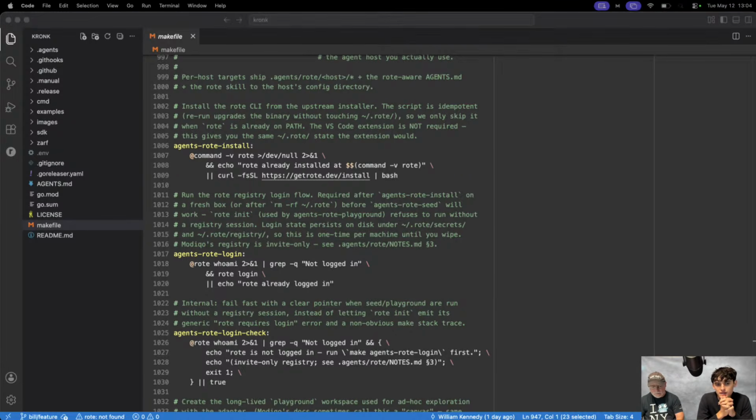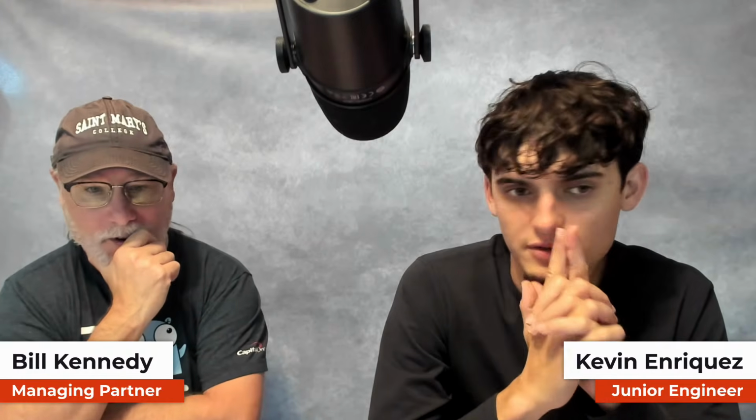No, I think it's pretty cool, and it was definitely faster after rote was being used. I just wish they didn't hide that in VS Code right away. Just give me what we do in Kronk: you have a rote browser or something, and let me run a local instance of that. Not everybody uses VS Code. That is true. But look, it's a brand new company. The engineering that they've done is amazing. These are all the things that they'll tighten up as you go.